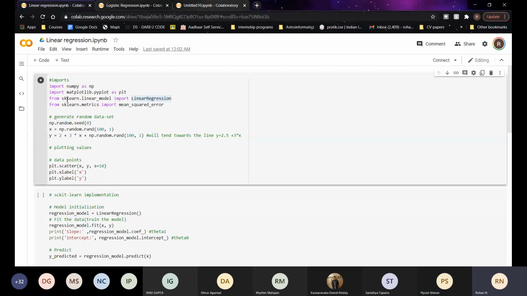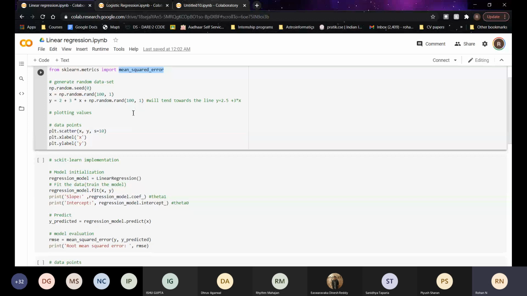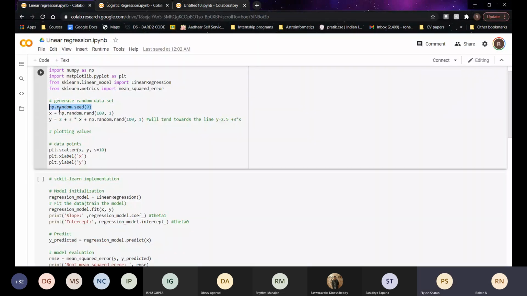And to find our error, or our loss function, which is also called the cost function and has many names, we import this function, mean squared error. Now, you don't have to know much about this; it is just required to generate random data, random numbers.